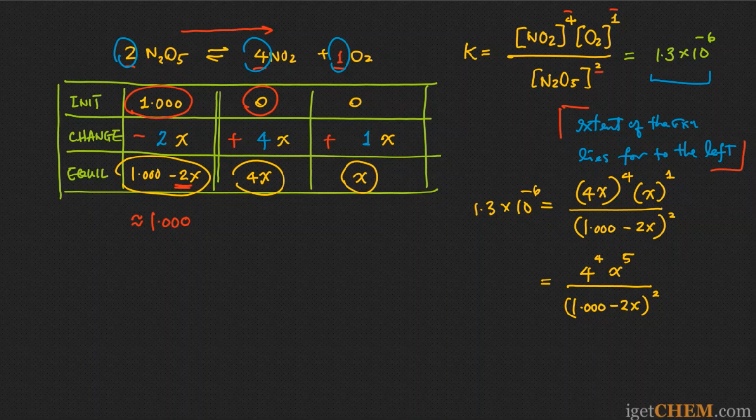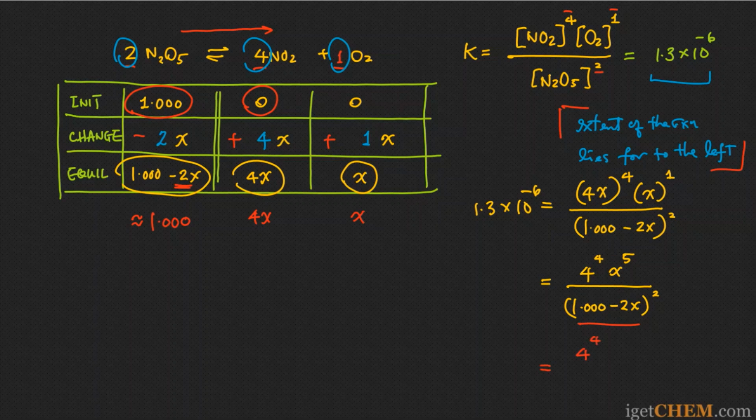So what that means is that the value for the equilibrium concentrations of NO2 and O2 must still be represented by 4x and x. And now if we apply that approximation to the bottom, to the denominator, then you see that I can simplify